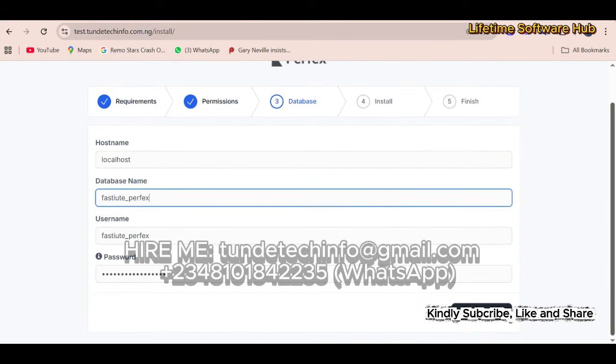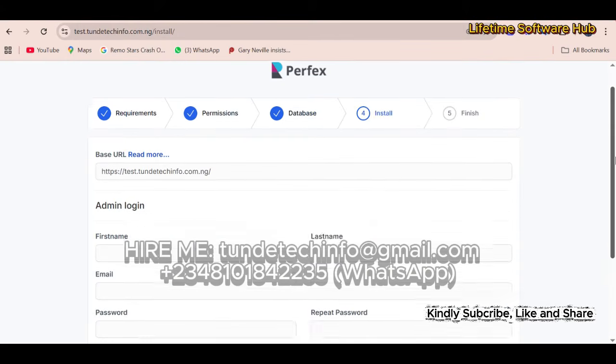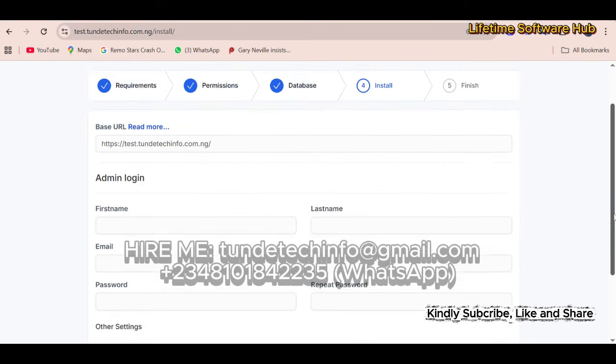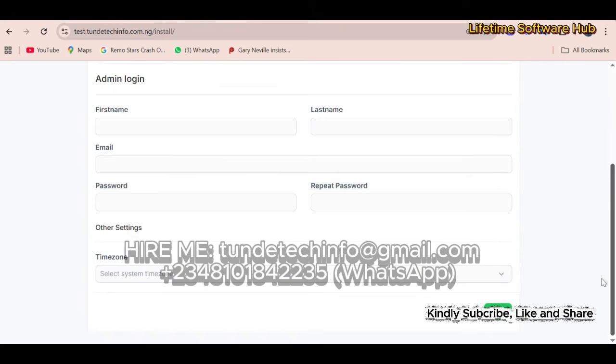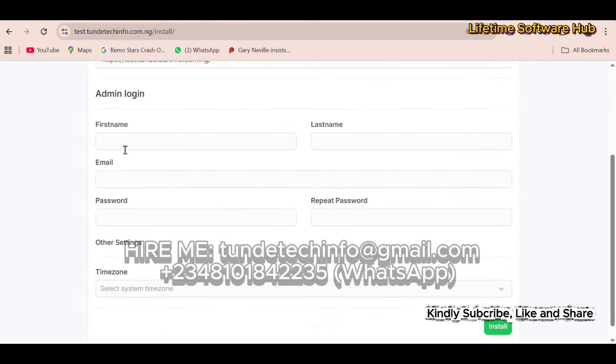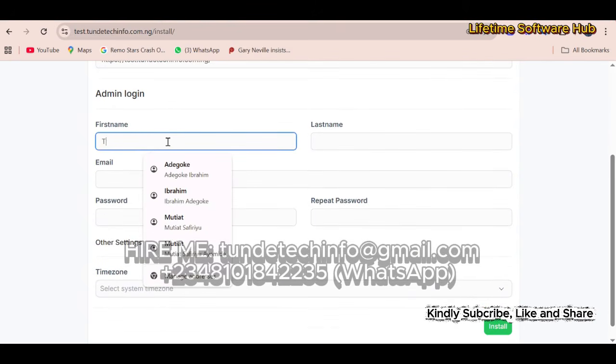So now let's check. Let me skip this part and check. Yeah, successful. You can see it's live. I've put the, what is it called, license code and everything. So now let's set up a name for it. I can change this later. Just to run this